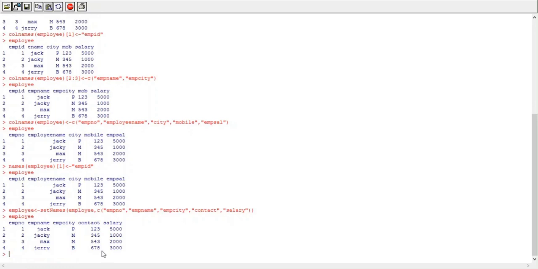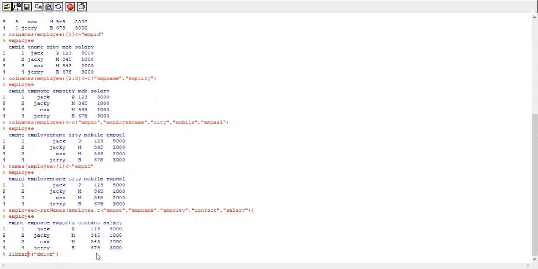Now we are going to study how to use the select function to delete any column from the data frame. Before using this select function, we need to install the dplyr library. So how to install this library?